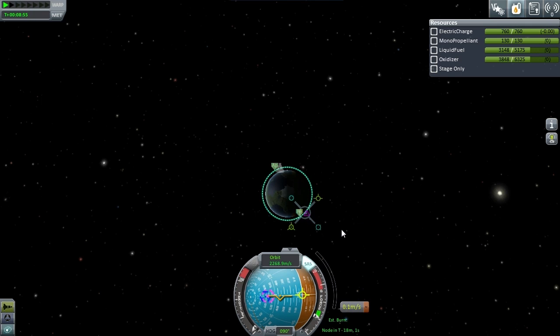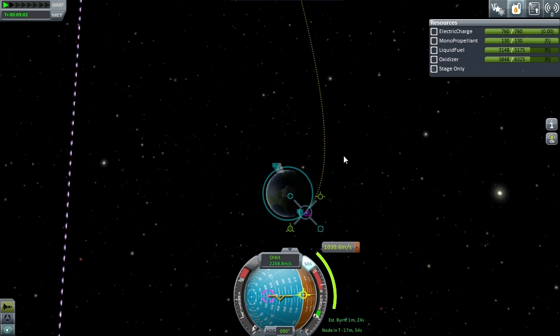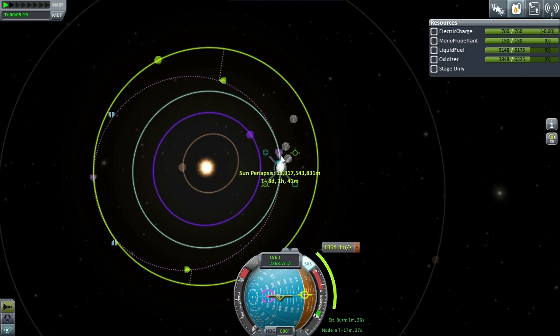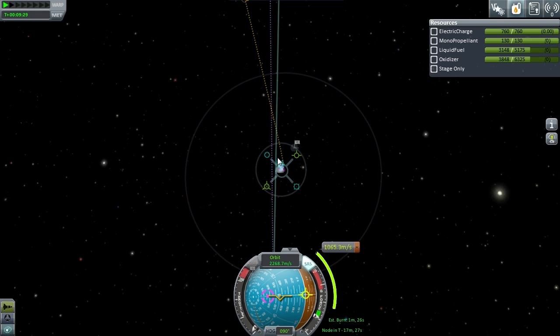So we put a maneuver node here. We burn out to approximately 1,000 meters per second. Now zoom out. And here's the orbit I was talking about. See, it hasn't quite reached Duna. There it is now. Okay, and there's the closest approach if we were to burn right now, which is quite a ways away. But we can make this as efficient as possible by looking closer and then making sure that